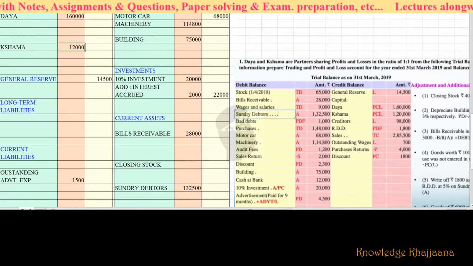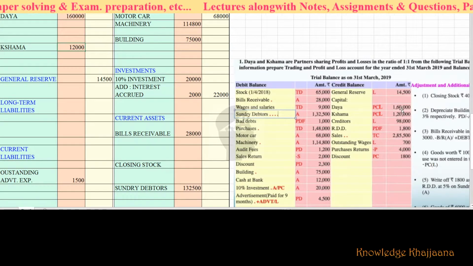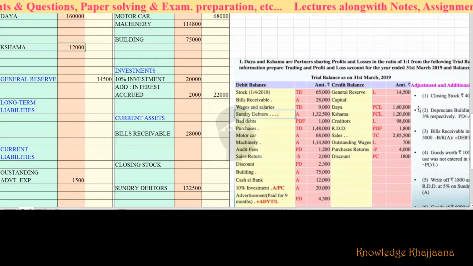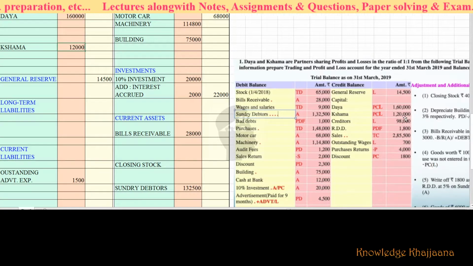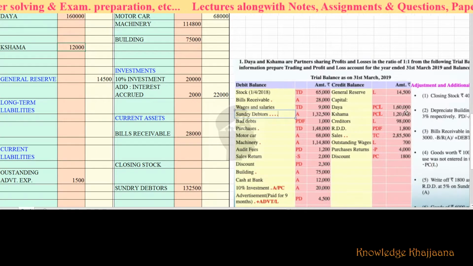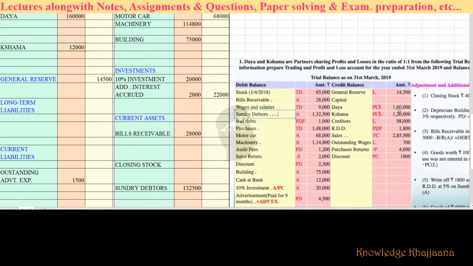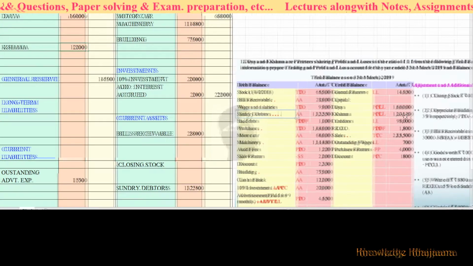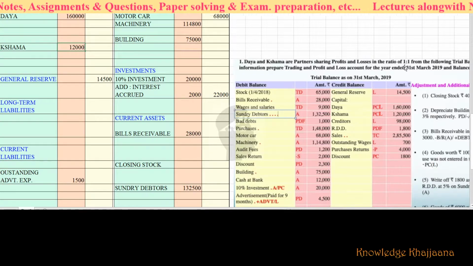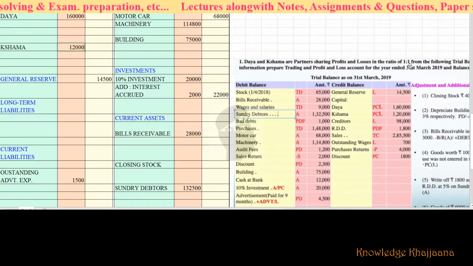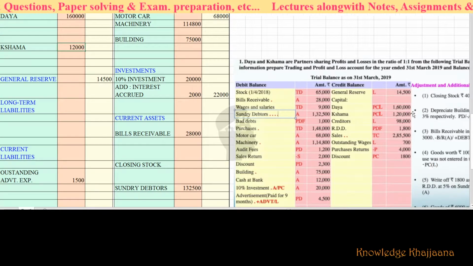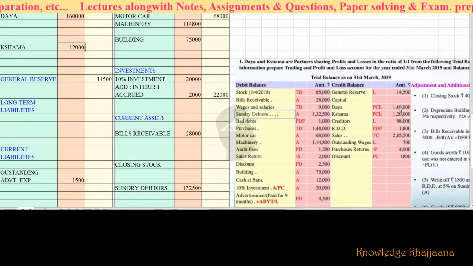1,20,000. Though they have brought the capital in different ratios, they are sharing their profit and losses in the ratio of 1:1. They are not sharing the profit and losses in the ratio of the capital they have brought in. So always remember it. By mistake or in a hurry, don't distribute the profit to them in the ratio of 1,60,000 to 1,20,000. You have to distribute the profit and loss in the ratio of 1:1. If it had been mentioned that you have to distribute the profit and loss account in the ratio of the capital, then it would have been different.